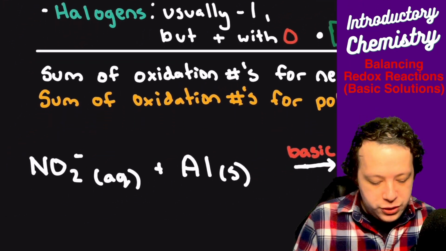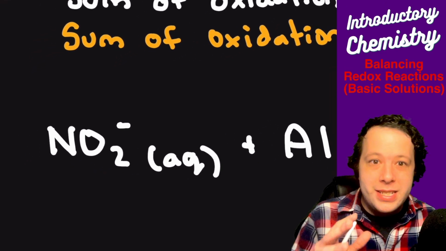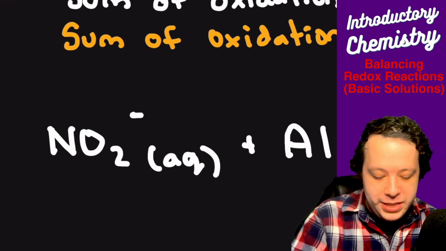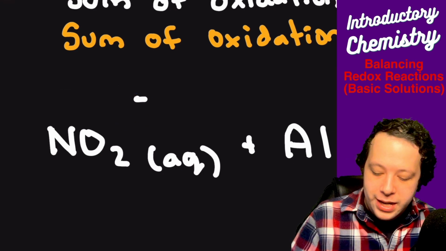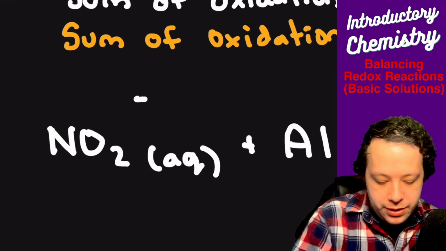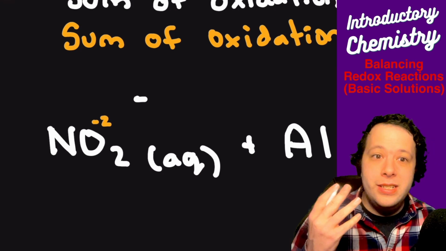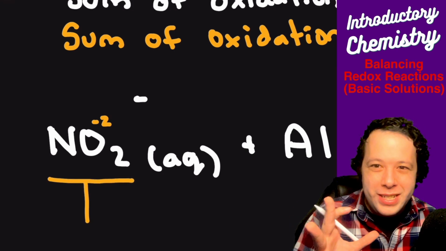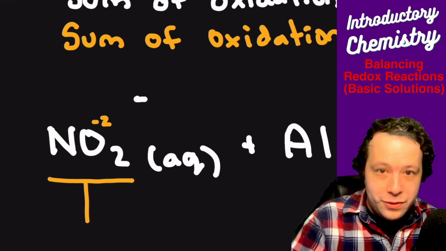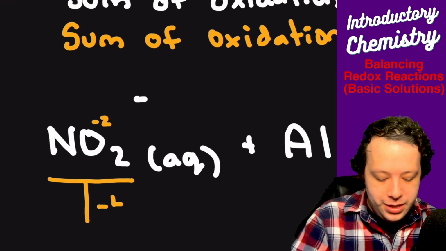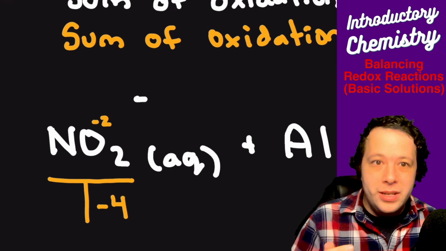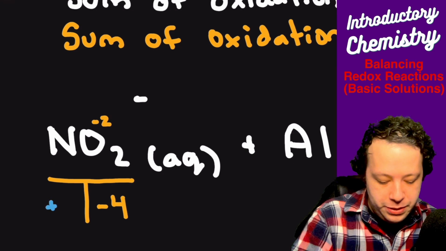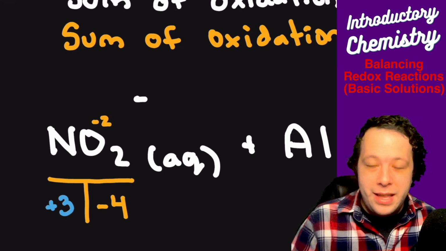Let's say for the first one, the first thing is keeping in mind that the sum of the oxidation numbers must be equal to the charge of whatever the ion is. We see we have this -1, so that must mean the entire thing must be equal to -1. We know that every oxygen is equivalent to -2. The way that we'll write these is I write a little T for myself to do some math. If I have two oxygens, each one's -2, that means the total on that side is -4. So in order for it to equal that -1, that must mean that nitrogen has to be +3 in order to make that math work out.